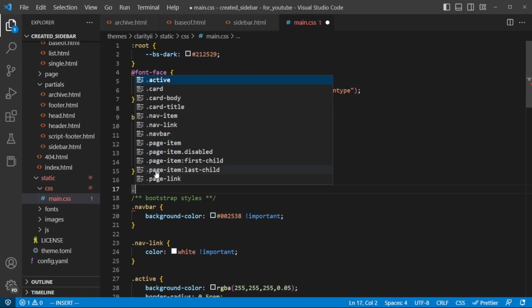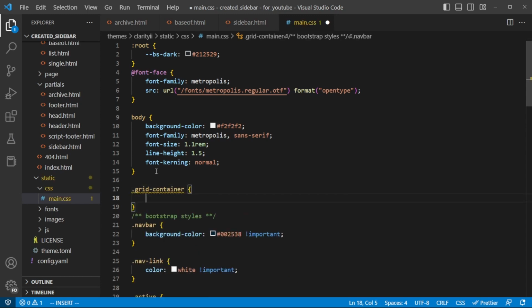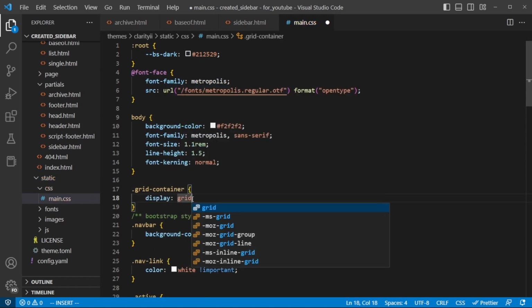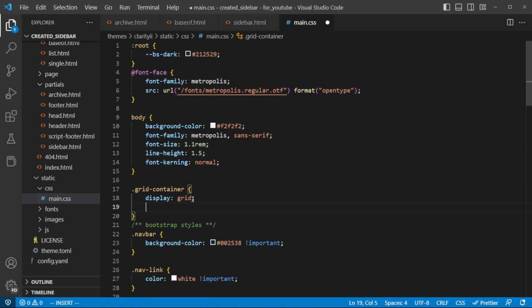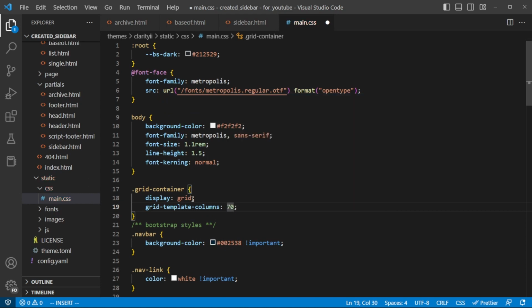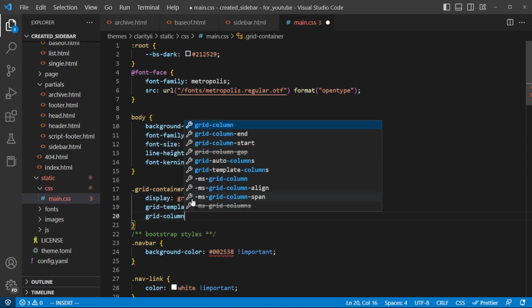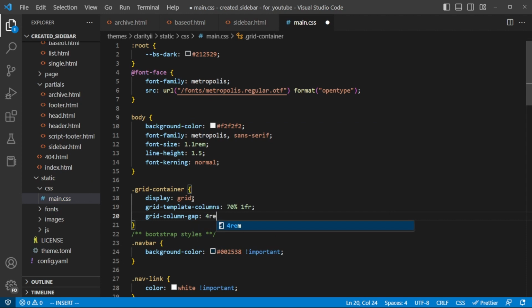And let's add some CSS styles for the grid container. Display is going to be grid. And then the grid template columns: the first column will take up 70% of the space. The second is just going to be 1fr. Grid column gap 4rem. If you save this,